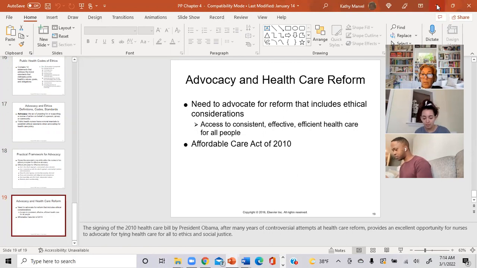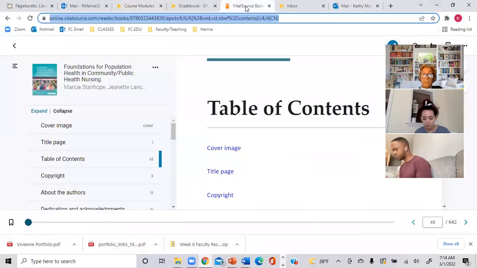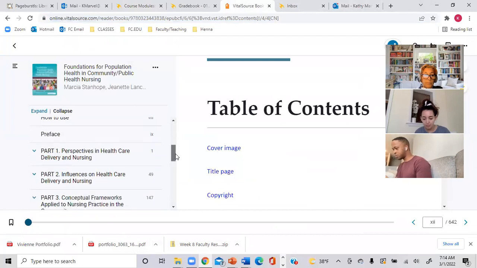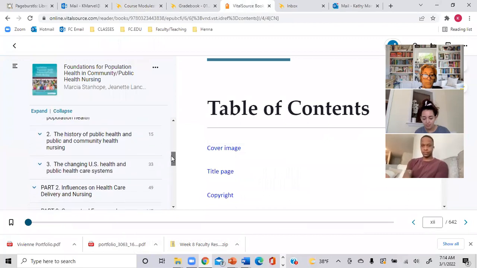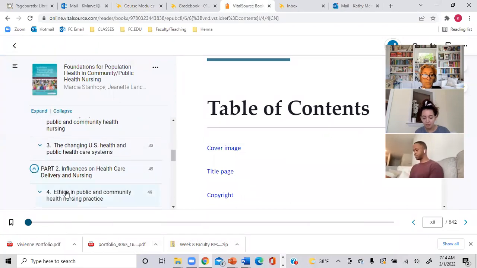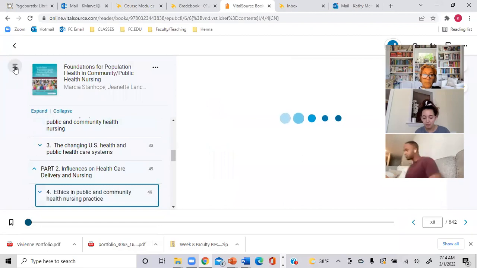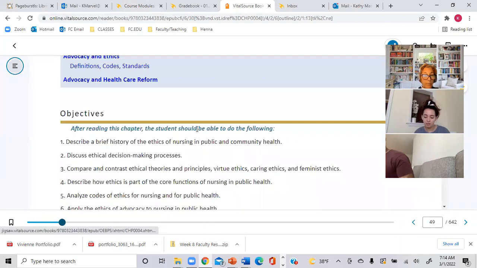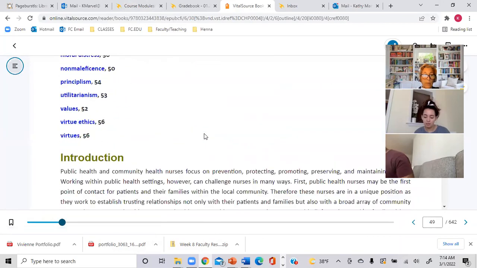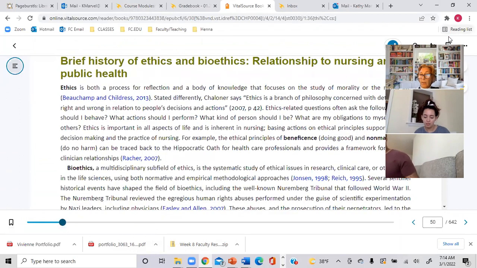Okay, so let's go to the book and see what's important to understanding ethics. Okay. Just going to go through my notes to see what I want to cover here. Here's your outline. There's your objectives. Okay, let's